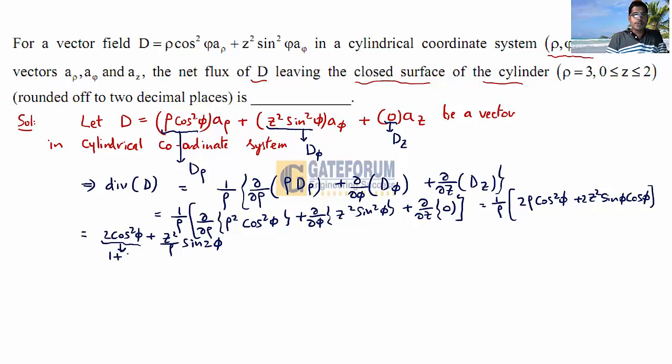Better, 1 plus cos 2 phi from trigonometry is 2 cos square phi, right? So why should we write it like that? Because in integration it is easy. So therefore